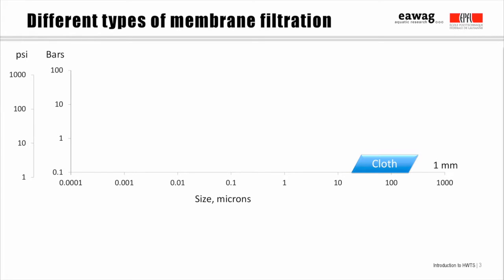Most cloths have an effective pore size of around 100 to 150 microns, about the diameter of a strand of hair. Remember our cartoon of the sizes of different pathogens? Certainly viruses and bacteria can easily pass through cloth, and most protozoa as well. However, some pathogens are attached to larger particles which could be removed by cloth, including insect hosts.